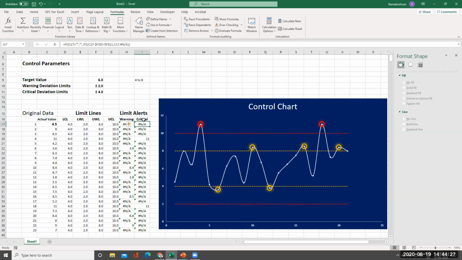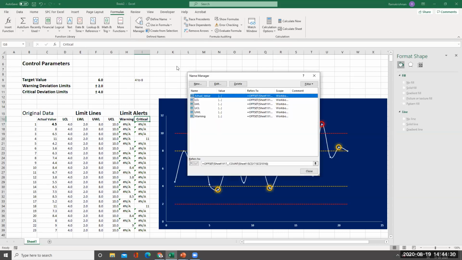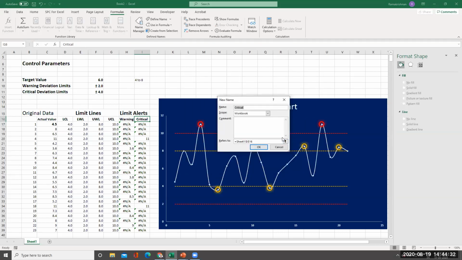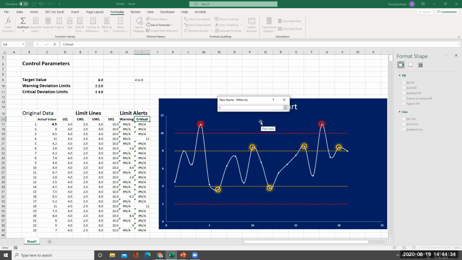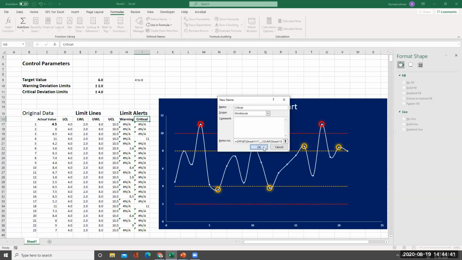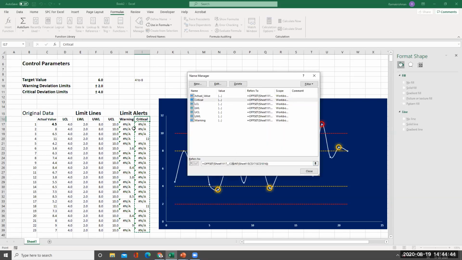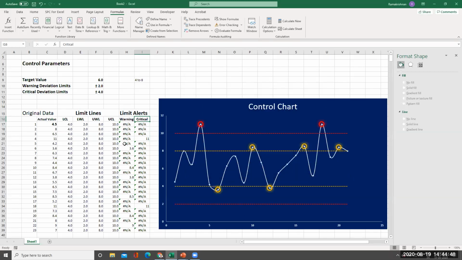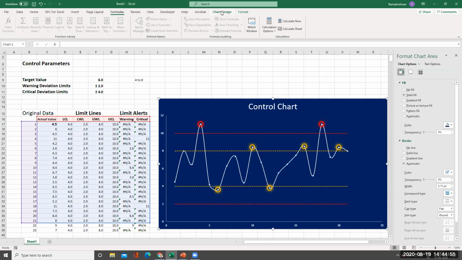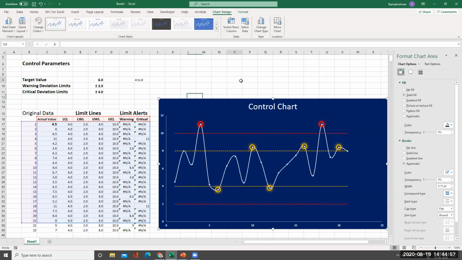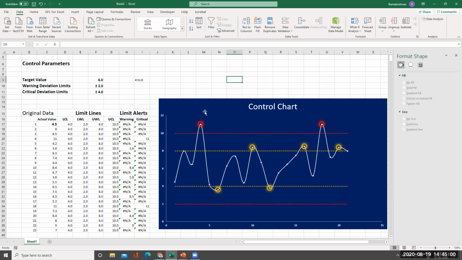Finally, the last one, critical, go to the name manager, new, go up, delete, Control V, and this one is I. Close it, okay, select, selected. Everything is selected. Now, still it will not be included because I have to include it in the chart. So I'll go to the chart. Then I'll go to the chart design here. So once I click it, see here, nothing is visible here, the ribbon.